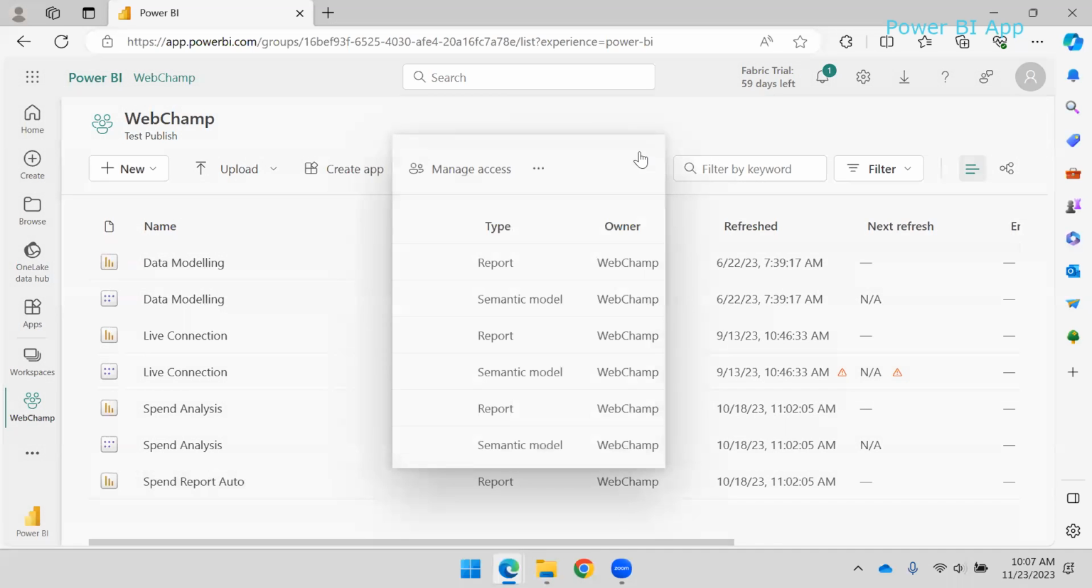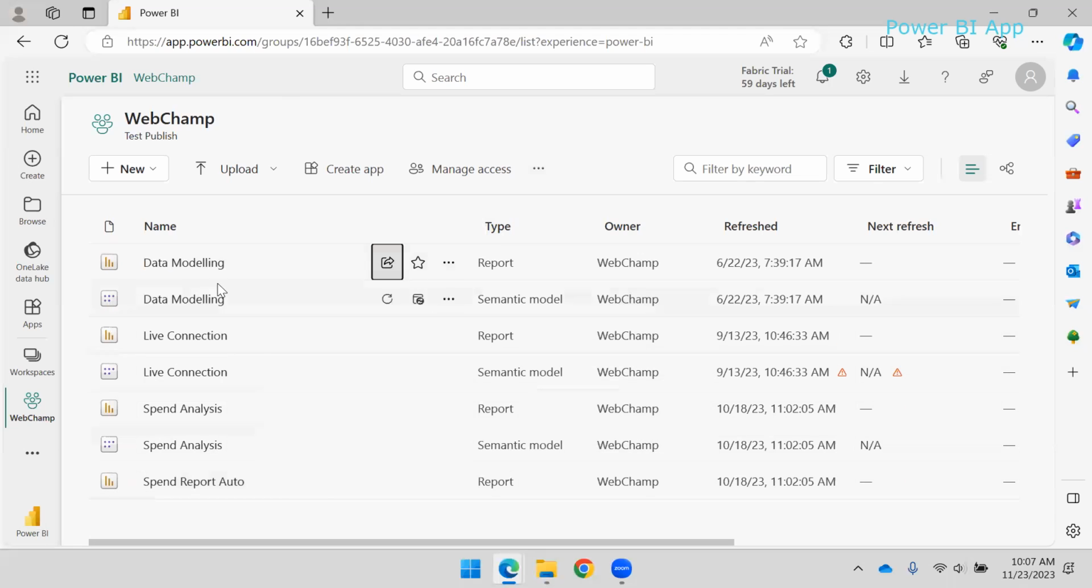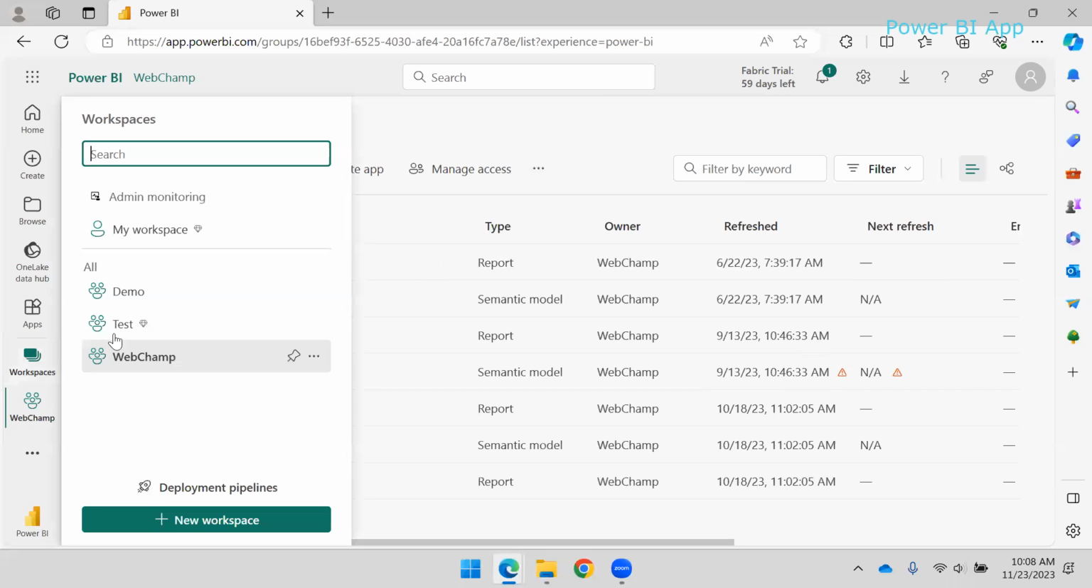But the issue is, let's say I wanted to share all of these reports which are published in one workspace. How to do that? In that case, obviously, we need to create an app. So what does an app do? An app allows us to share reports, dashboards, and datasets together, using the application. So how to create an application? If you go to any of the workspaces,